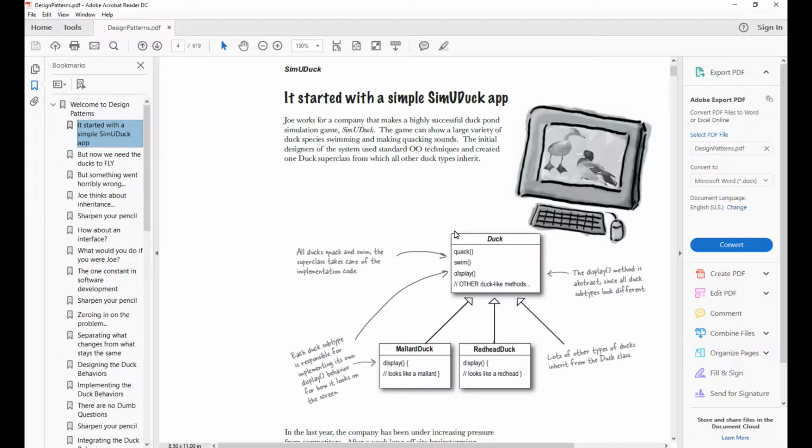So this is the first video in a series of videos that I'll continue doing with patterns, and this pattern is going to be the strategy pattern. I'm using the Head First Design Patterns book, which is actually for Java. And basically in this book, we have this arbitrary application, SimUDuck, and they're trying to